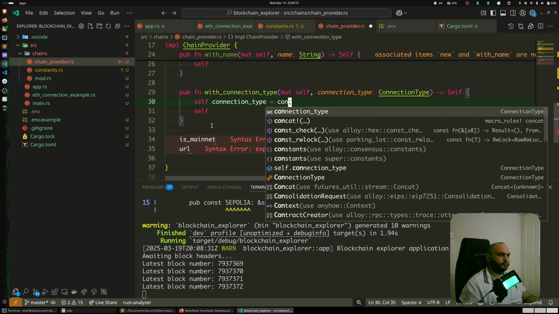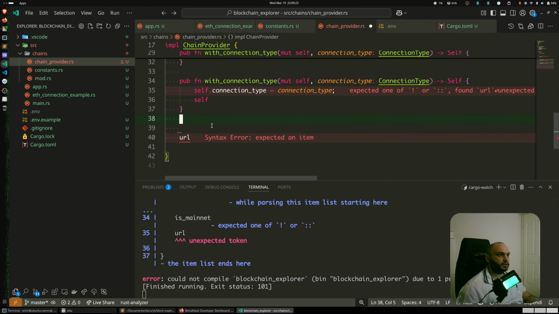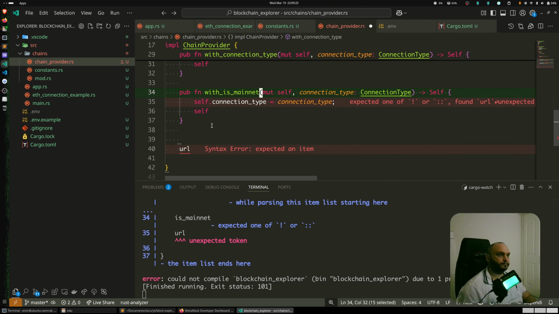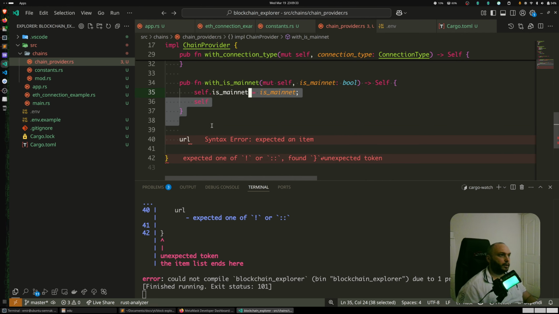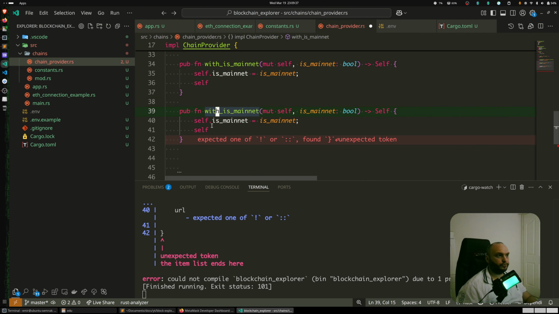Okay, copy paste is mainnet boolean. Actually we can use